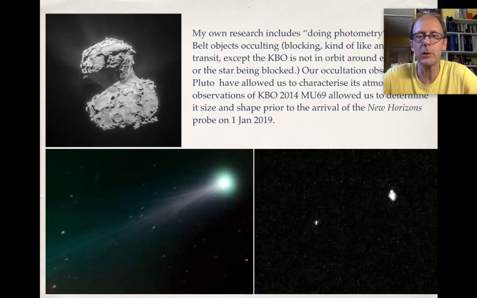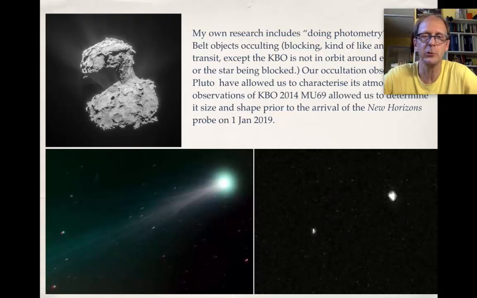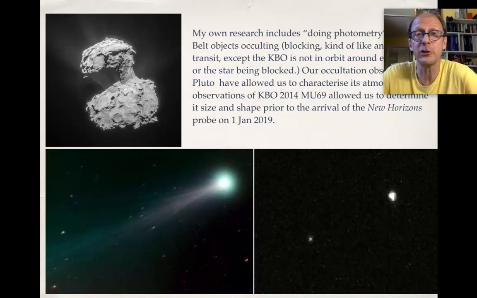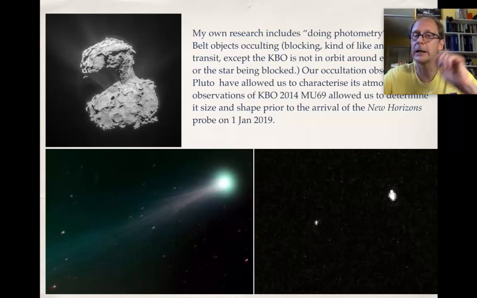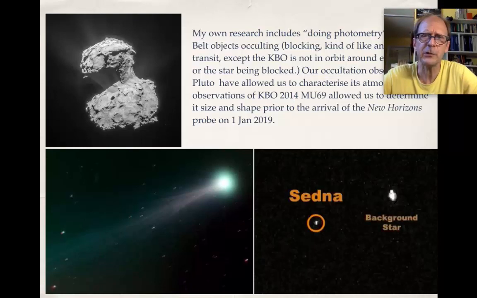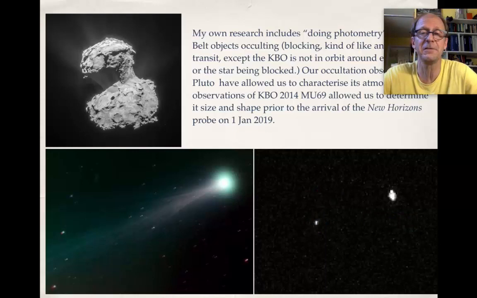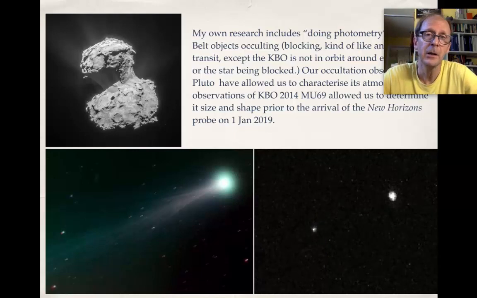And in the lower right, I've started an animation just to show you. This is actually one of the largest Kuiper belt objects. It's roughly the size of Pluto. It's called Sedna, and it's just a dot in the telescope. So it's hard to measure the size of something that is just a dot. So my own